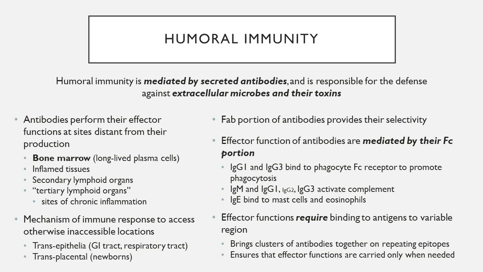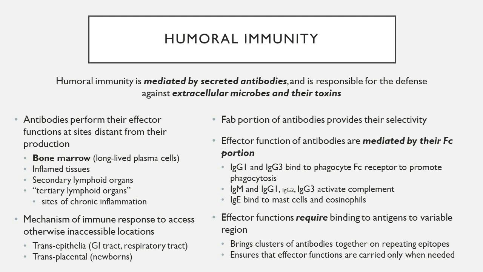And then it's the Fc portion that actually activates mast cells or eosinophils to degranulate. Now, a very good question at this point would ask, okay, if it's the Fc portion and we have these antibodies floating around in our circulation, why aren't these Fc portions just binding to receptors randomly and triggering degranulation? It's an excellent question, because the follow-up is that the effector functions require the binding of an antigen to